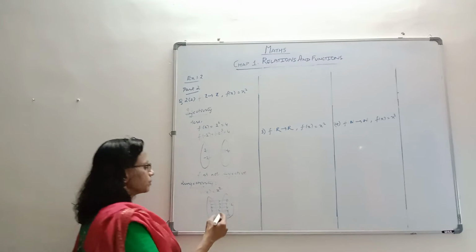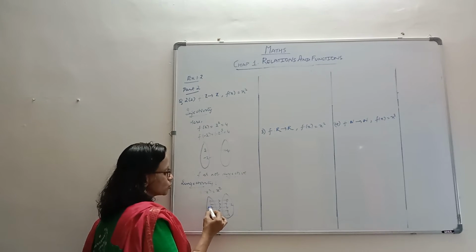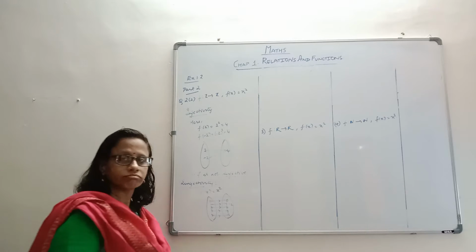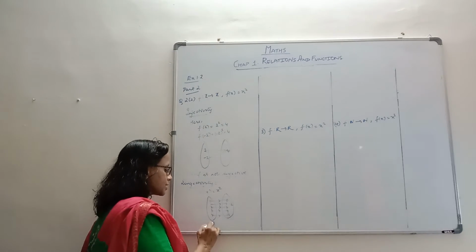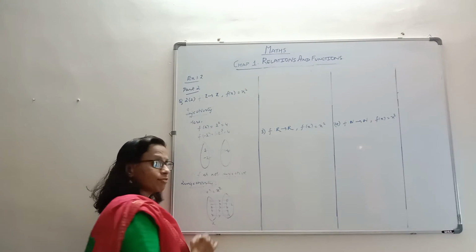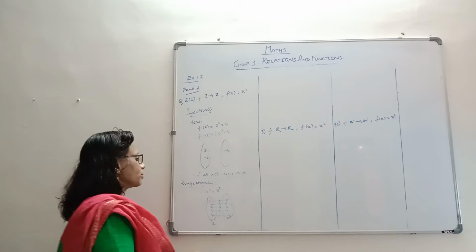It's lying vacant there, because if the 2 has to come from this function, it should come from root 2, and we don't have root 2 because it's Z. This set is Z, it's integers. So you don't have a root 2. So it's not onto. So that is how we are going to write it.